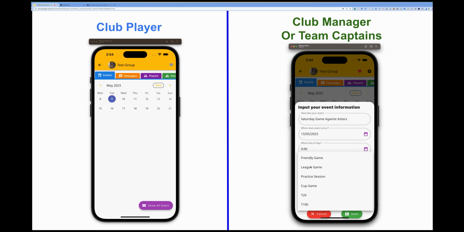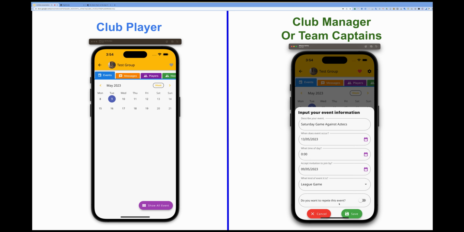Is it a friendly game? Is it a league game? Is it a practice session you are calling for everybody? Or is it a cup game, T20, T100? So I'm going to select league game, and now there is an option that do I want to repeat this